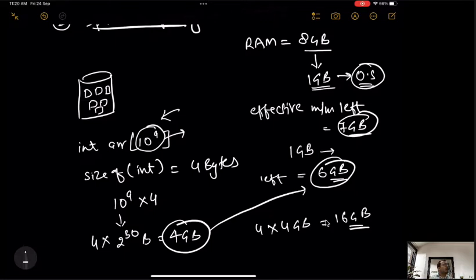But let's say out of four arrays, if I can use only one array and reuse it 4 times, then in 4 GB only I can work. Instead of declaring 4 different arrays A1, A2, A3, A4, because that is not possible in my memory constraint, I can reuse.